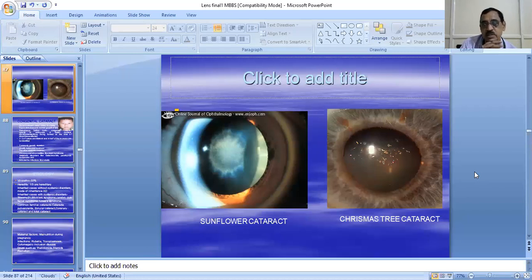Initially you have to examine these patients with slit lamp biomicroscopy and try to eliminate any infection in the vicinity of your operative field. Regarding the lids, you have to see whether there is any blepharitis or meibomitis, or whether there is any conjunctival discharge or conjunctival hyperemia, or any concretions, or any foreign bodies. All these things you will have to see.